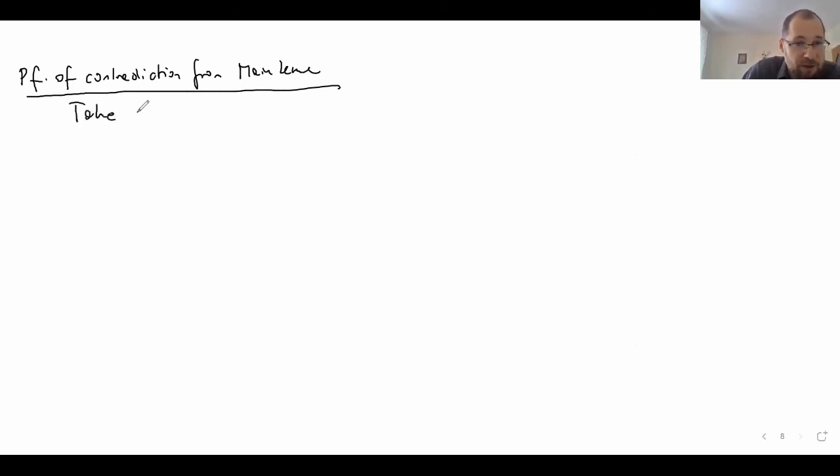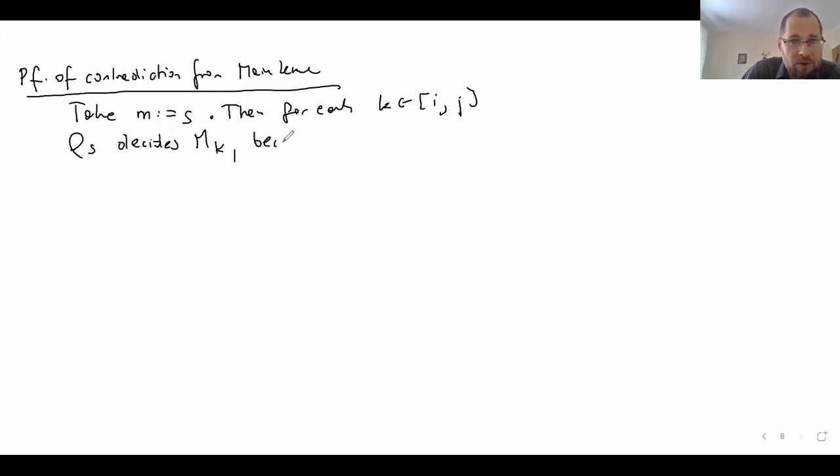Take the maximal possible m, S. Then for each k in the interval between i and j, the rho S corresponding to m decides mk, because mk has at most s terms,